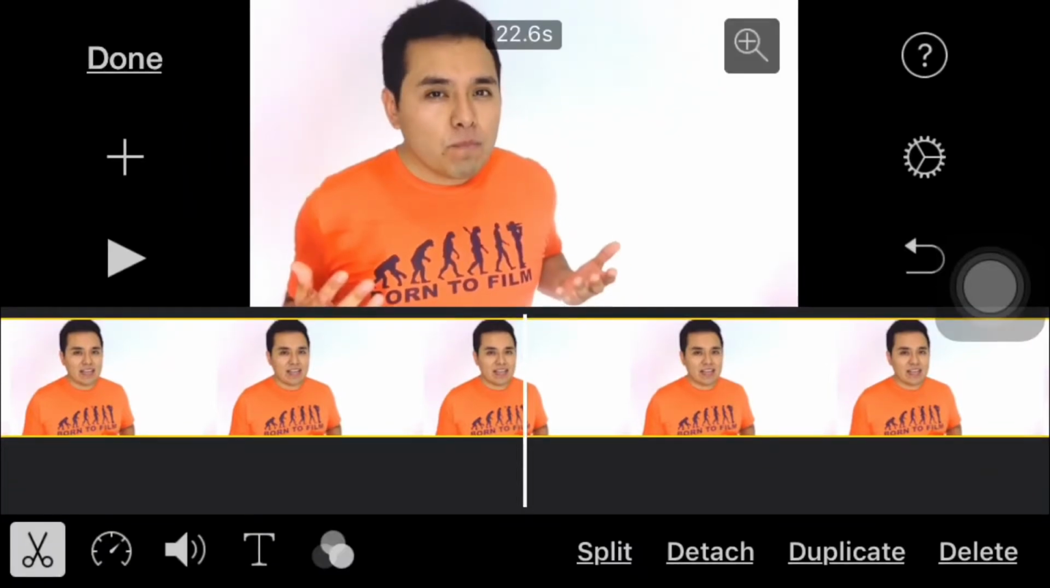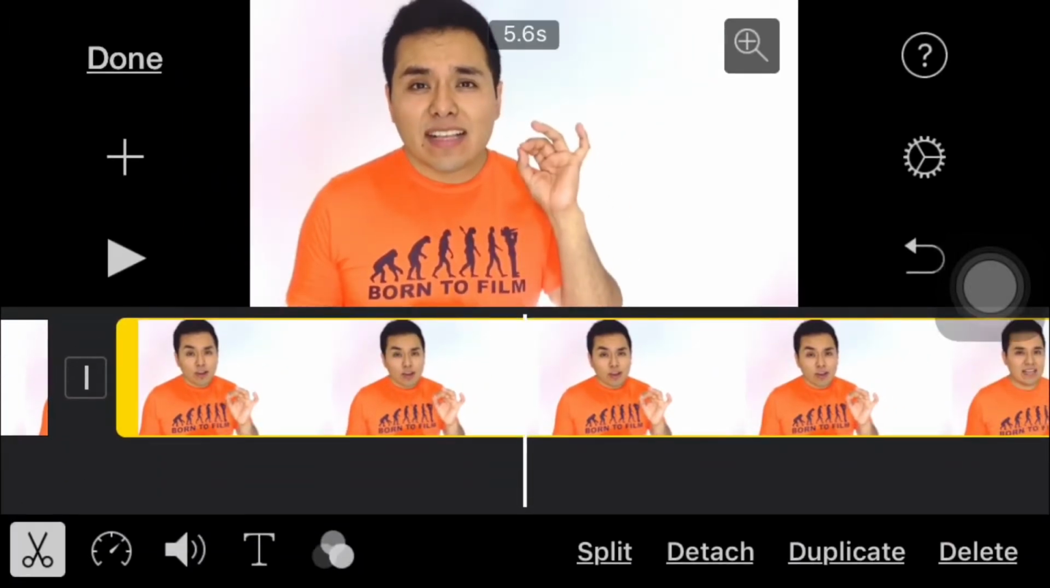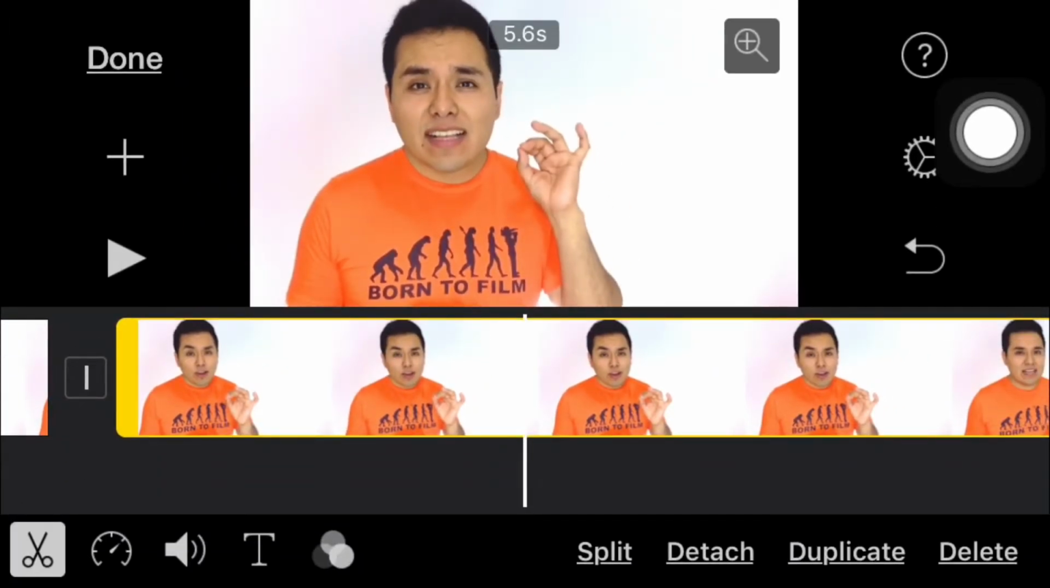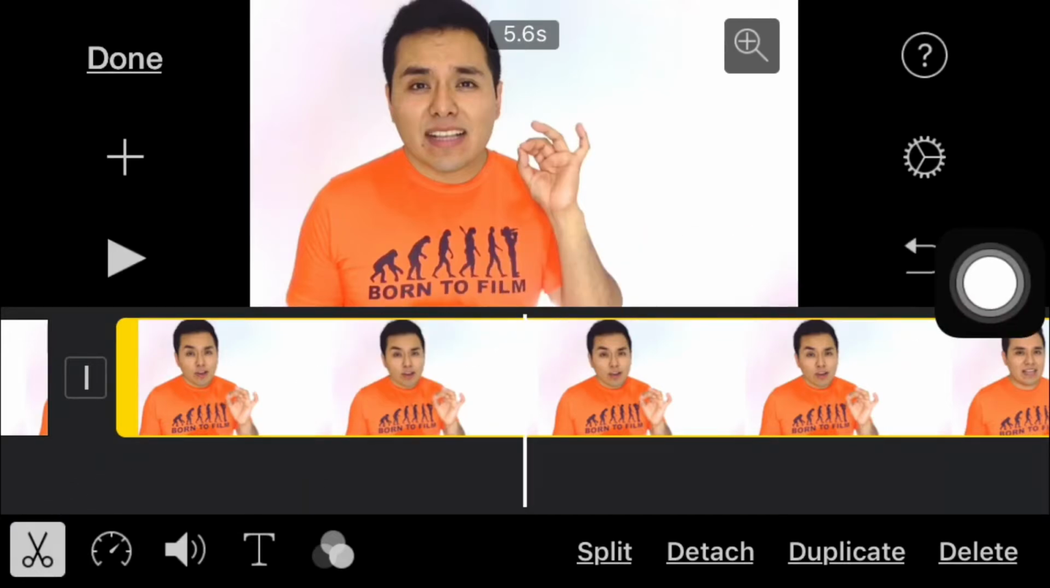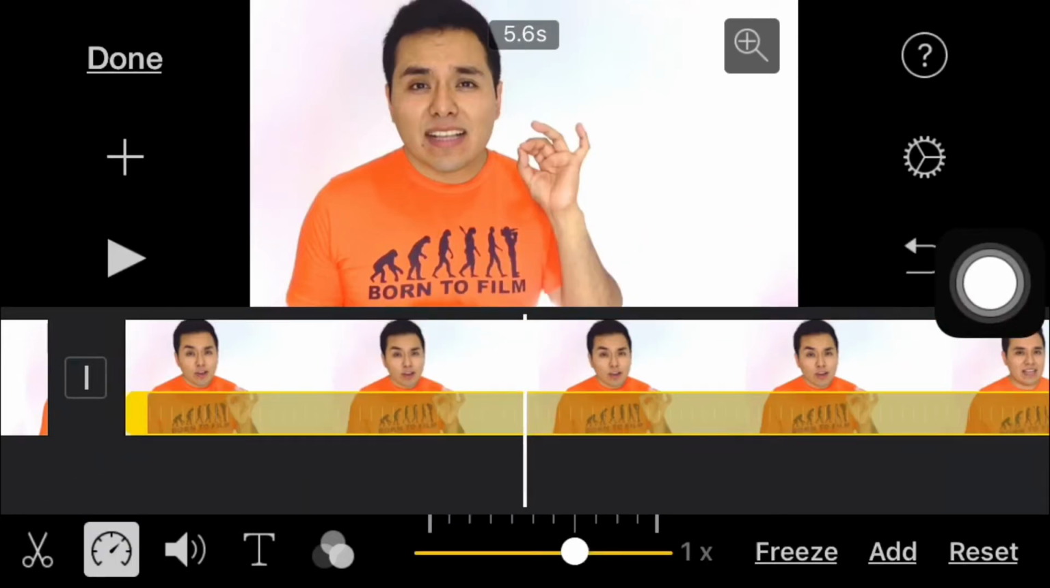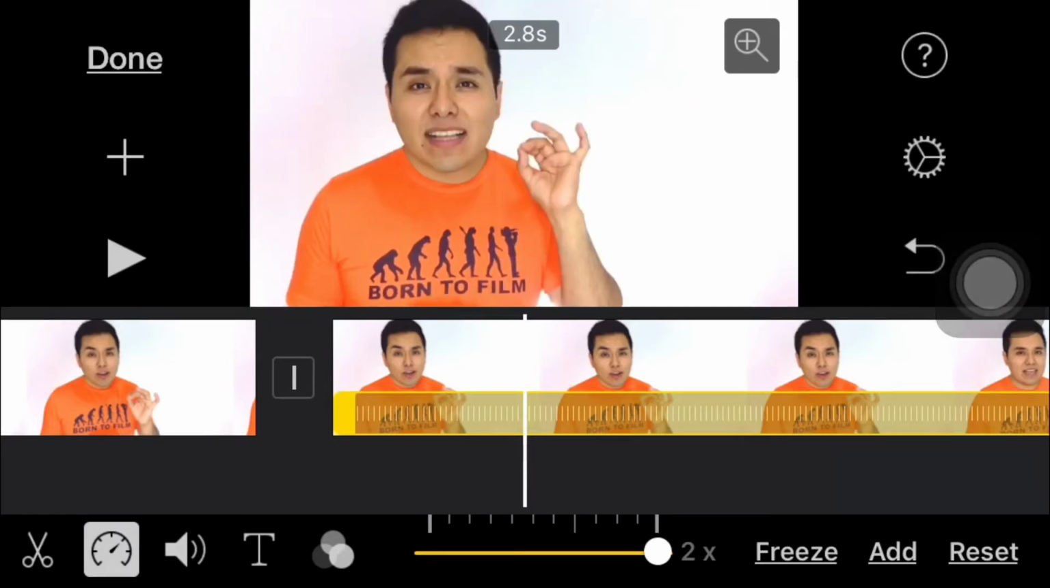So tap on split again, and then you only have to select right here this little segment, and let's do the same process. Tap on the little icon right here and then speed up your video up to 2 times. It's a little limited, you cannot speed it up more than that, but it's a good beginning, and you can actually tell the difference between normal and a little